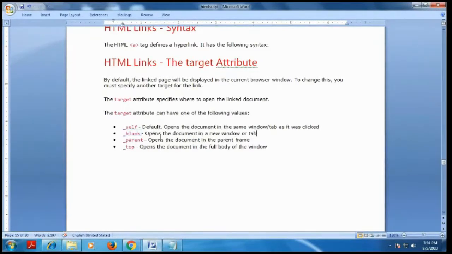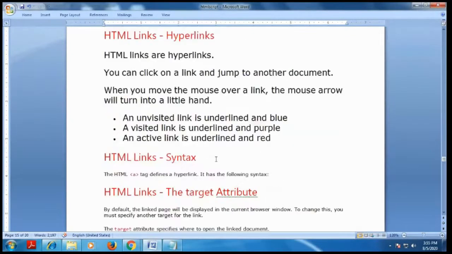Actually, if you mention the attribute blank, it opens the document in a new window. If you use self, it opens the document in the same window. If you use parent, it opens the document in the parent frame. If you use target equal to top, it opens the document in the full body of the window. These are the different types of target attributes available in HTML links.